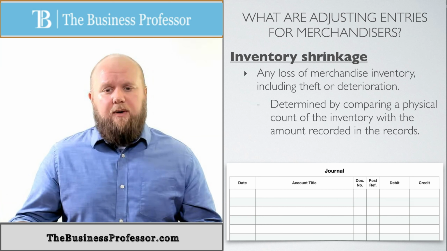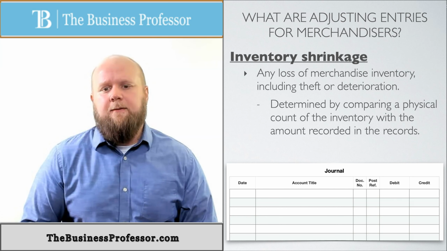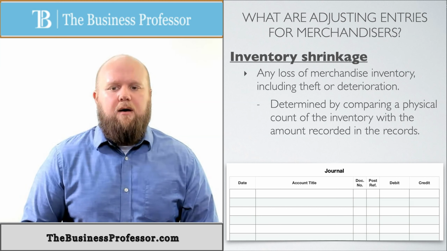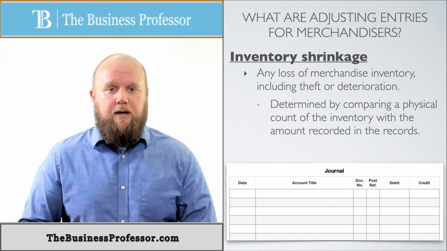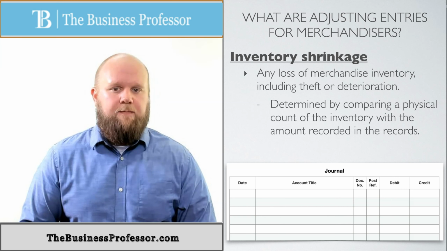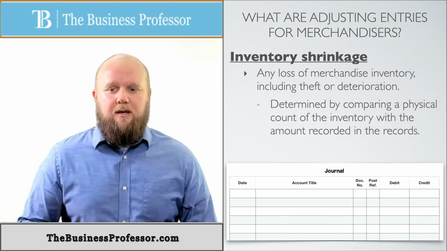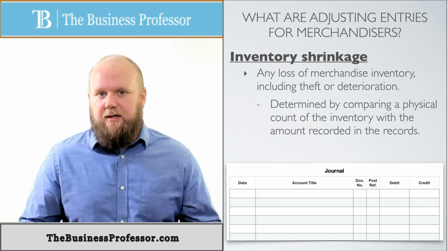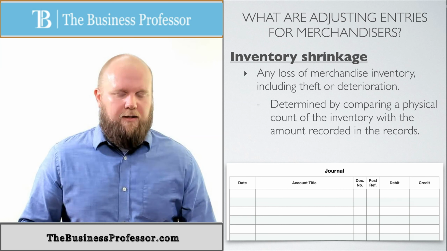on our books. And the only way to do that is to take a physical count and make sure that our T-table is correct. So this is determined by comparing a physical count of inventory with the amount recorded on the records. This starts by taking a physical count and then comparing that to what it says in my T-tables. And if they're the same, I do nothing. The odds that I have more on my shelves than I do in my books are slim to none. That would mean that somebody took something back and I didn't know it, or didn't buy something but bought something.